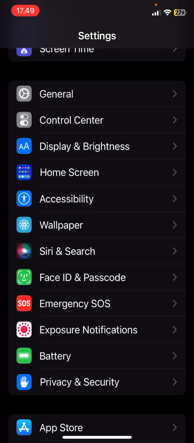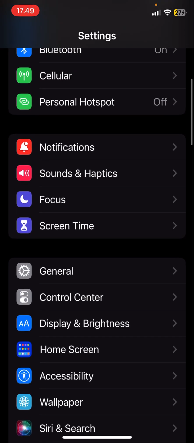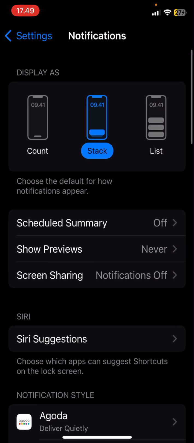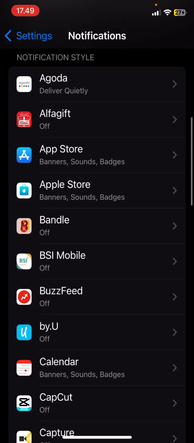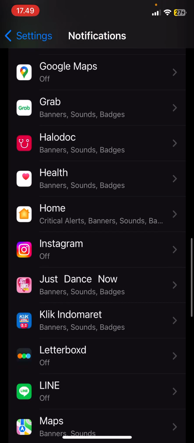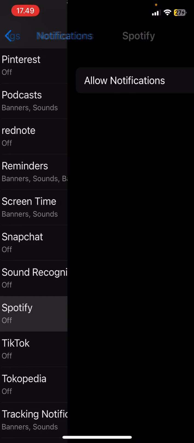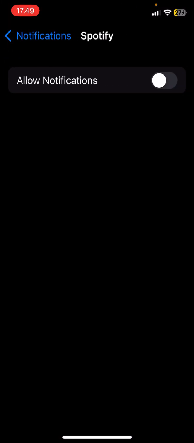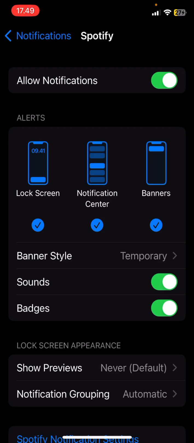You can just find it there, notifications. You're going to find the music app that you use. I use Spotify, so I'm just going to go there. Then if you selected allow notifications, you're just going to select the unlock lock screen one, and then you're going to reset your iPhone. So restart your phone, and hopefully after both of the steps that I showed you, the